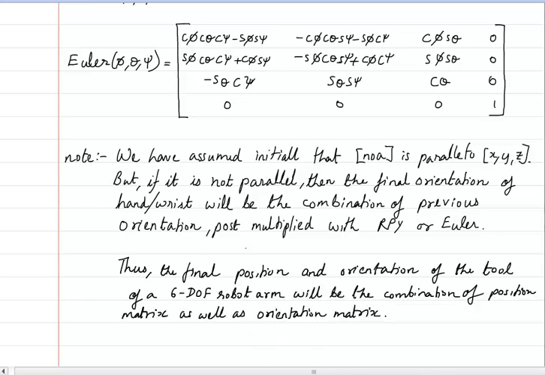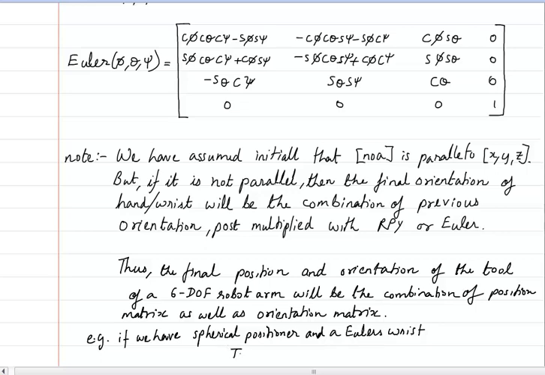So the final position and orientation of the tool in a 6 degree of freedom robot arm will be a combination of the position matrix as well as the orientation matrix that we have studied in sections 3.42 and 3.43. So I will write an example. If we have a spherical arm, so if we have a spherical positioner and a Euler's wrist, then our combined